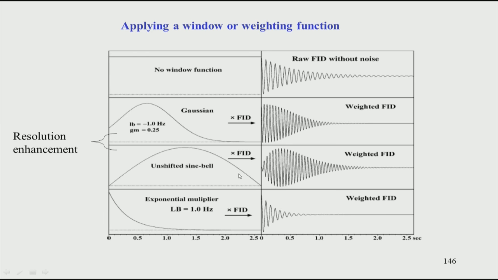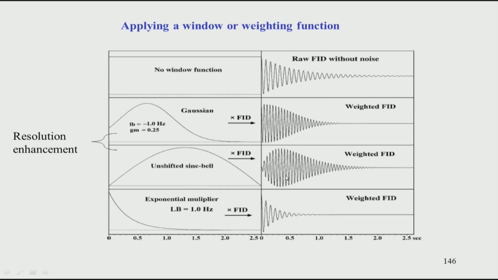And you can look at this kind of a function here. What is happening here, if you see, is that it is giving very less weightage to this part. This is multiplied with the FID, this is the raw FID. If I multiply with this, what is shown here, into FID, I will see that the initial portion is going to 0, but I am giving more importance to this part. So, my separation will become better and better, but the signal to noise will go down.